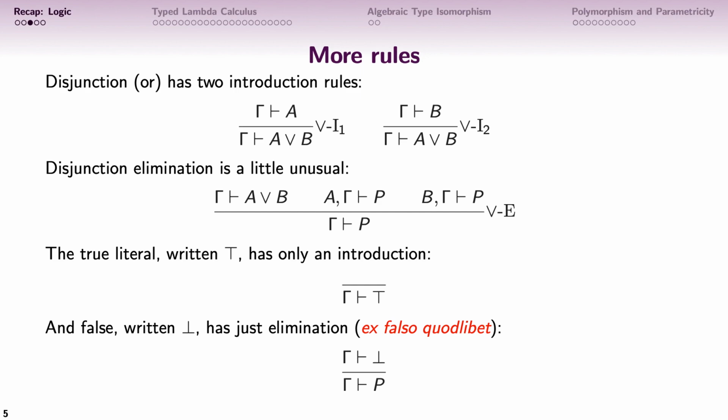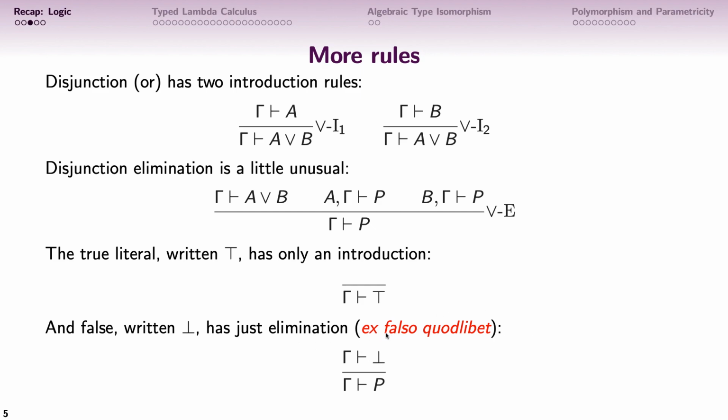Another way to think about it, which is a bit more of a constructive way to think about it, is if I can prove false, then that means false is true. So that means everything is at least as true as false, right? And so if false is true, that means everything is true, right? So